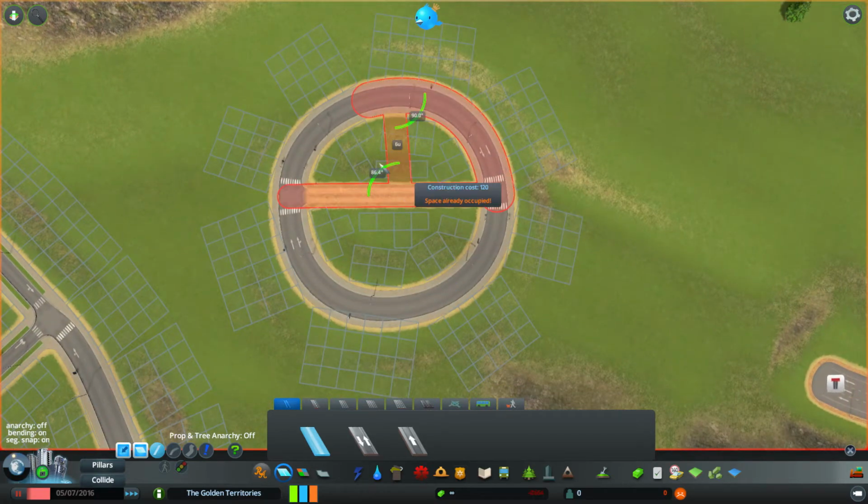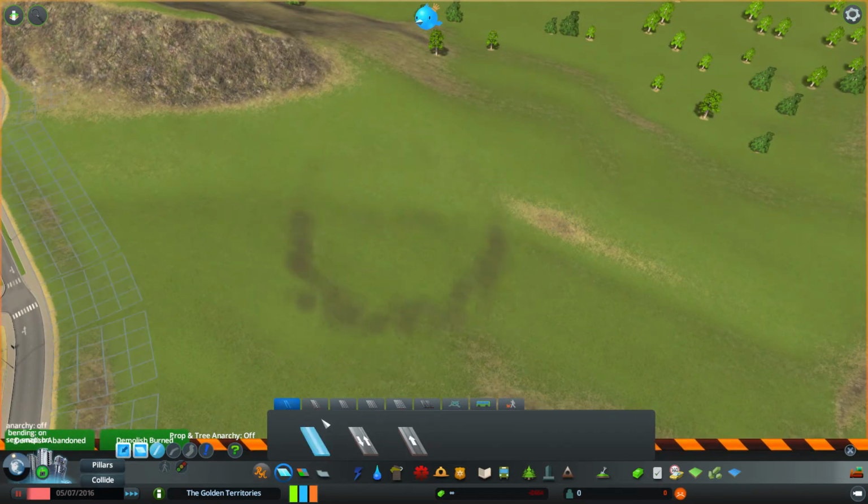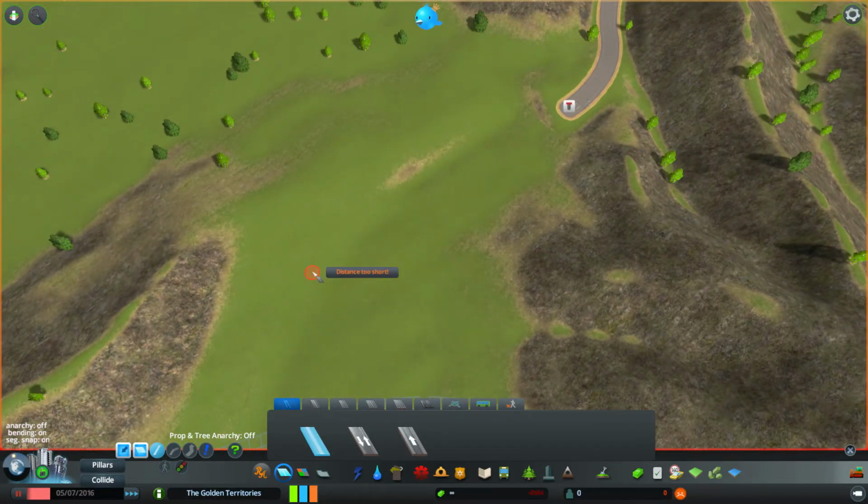Really? You're not going to do that? Okay, you know what? We're going to build this ourselves. It's a little bit easier. So let's go ahead and use a... Let's use a 15 by 15. So that's...